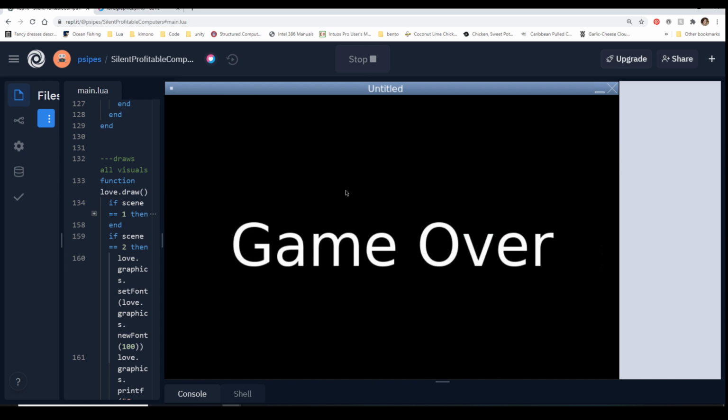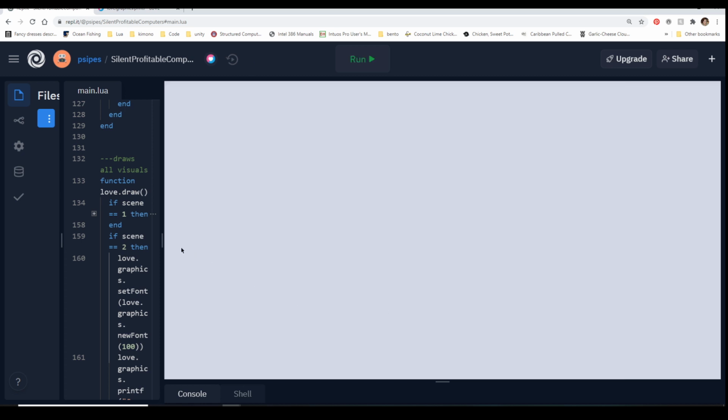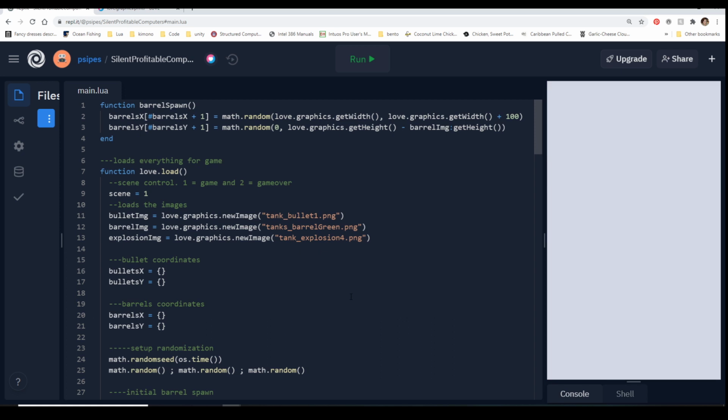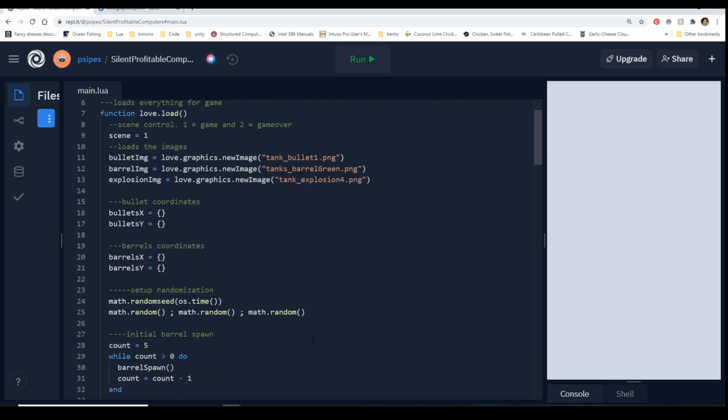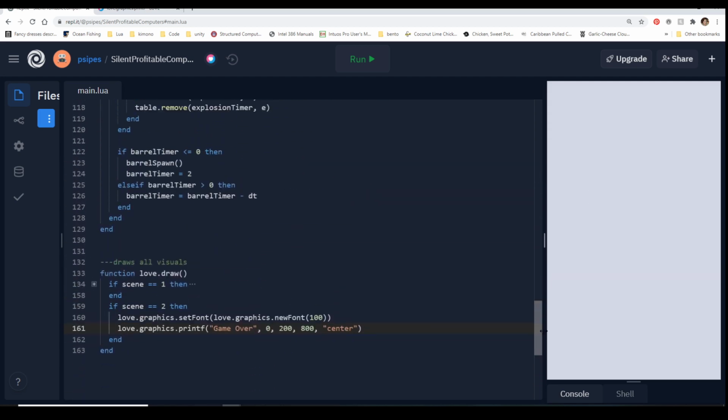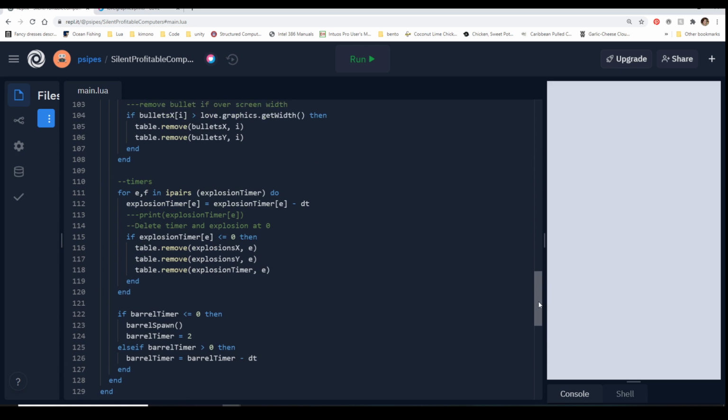Remember, you can set the color, but make sure that if you're going to set the color, you set the color back for other things. And you can do whatever you want to do. But so, we've got text popping up. That's really what we need, right? So we have a game over screen. We have a game. Now, the last thing is that it would be nice to know how many barrels we've hit, right? That seems pretty logical. You want that satisfaction of knowing what your score is.